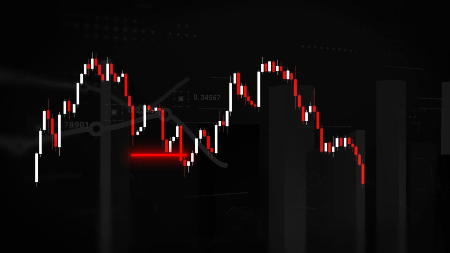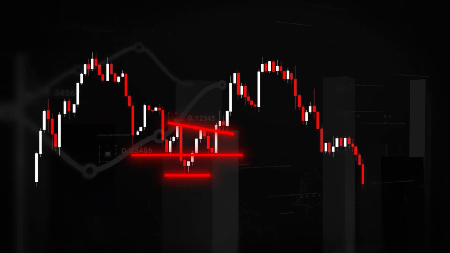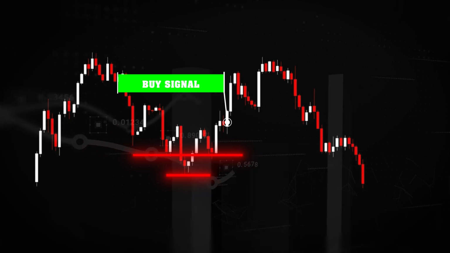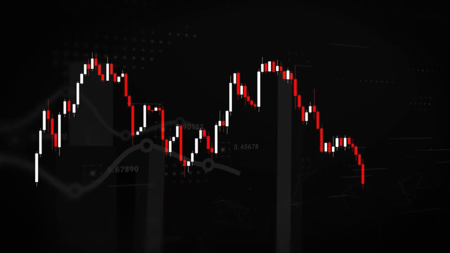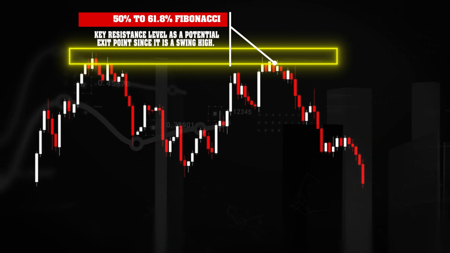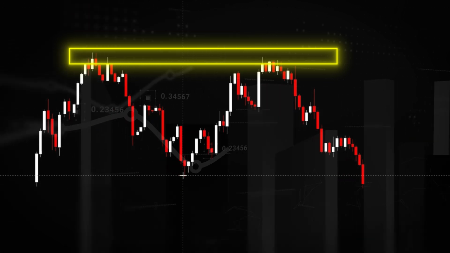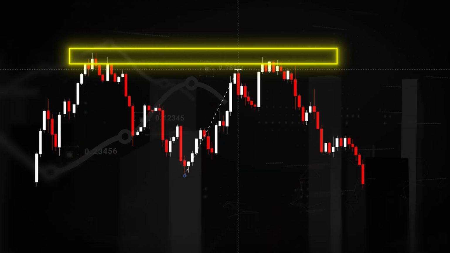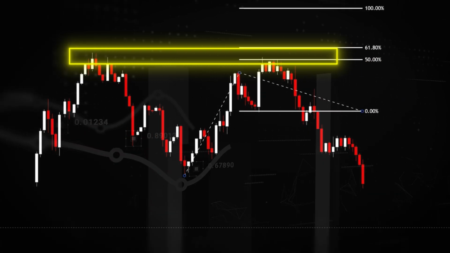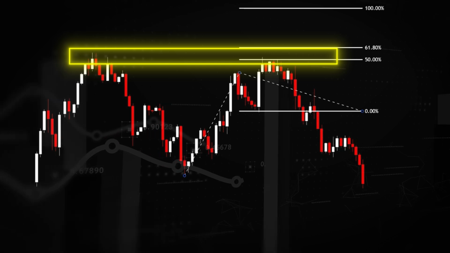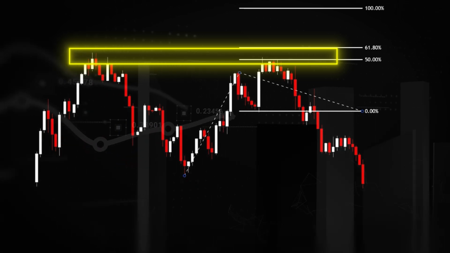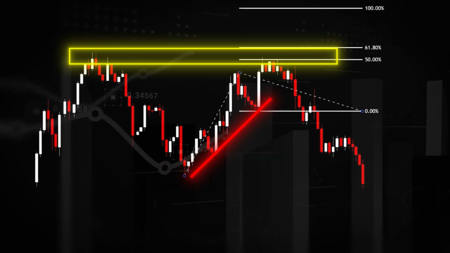So, you went long at this inverse head and shoulders pattern and break here, or through the continuation entry at the right shoulder of another inverse head and shoulders pattern. You then eye this key resistance level for an exit point as it is a swing high and the highest price point in recent time. When you apply your Fibonacci extension tool, the 50% Fib extension level also lines up perfectly. Once the price reaches this area, you notice multiple long wick candles reacting to it. At this point, you either look for an intraday trend change for an exit or wait for a break of